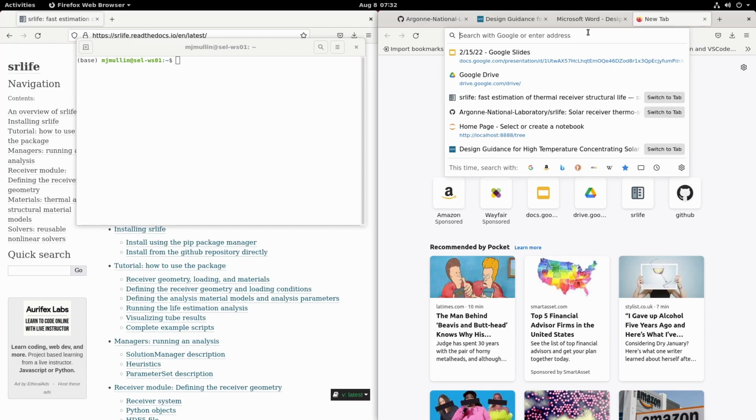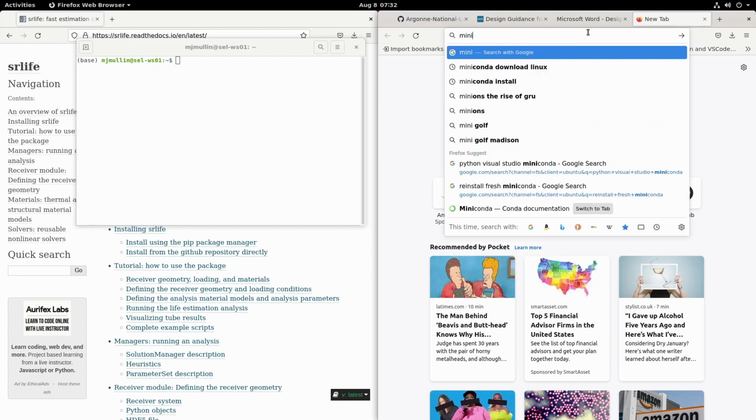But essentially what you want to know is you want to download miniconda so that when you download srlife, none of the packages associated with srlife and subsequent packages you download interfere with any other projects you're working on. So generally, each time you make a new project, you want to create a new virtual environment. So if you don't have miniconda,